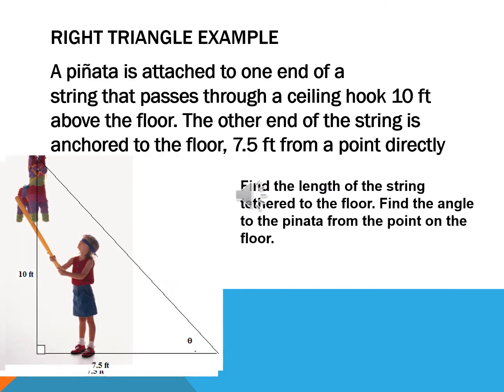We have another right triangle situation here. We have a little girl trying to hit a piñata, and the piñata is 10 feet above the ground. There's a tether 7.5 feet from where the piñata is pinned. We want to find the angle that the tether is making with the ground, and we also want to find the length of the tether. So we'll use Pythagorean theorem to find the length of the tether, and we will use inverse tangent to find